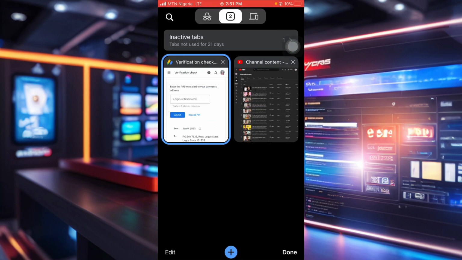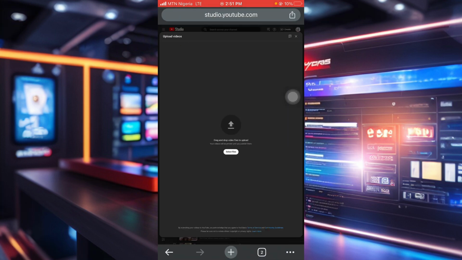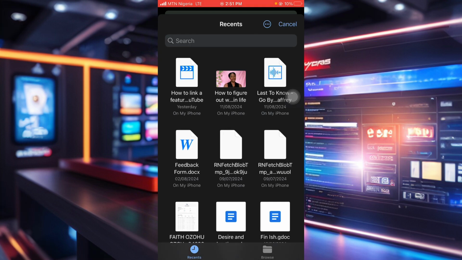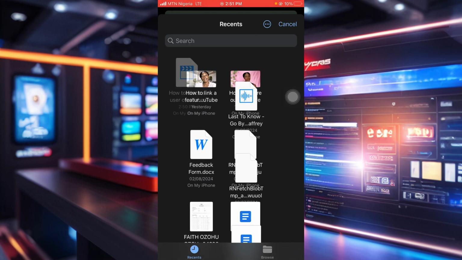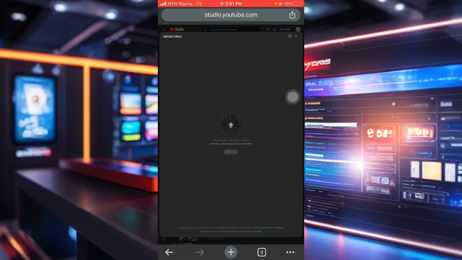So let me go to my YouTube back end and show you what I mean. Now if I want to upload this video, I'll just select the little upload icon there and choose from file. You can see the file has been renamed. The file has been renamed how to block a user on YouTube, so that if I upload this video, it